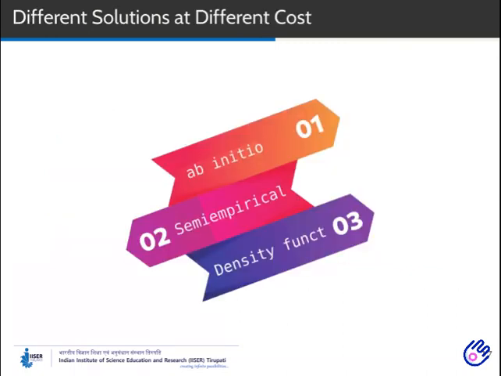The quantum models can be broadly classified into three categories: ab initio, semi-empirical and density functional. All these methods attempt to solve the Schrödinger equation at different computational costs. Ab initio is most accurate, but it is the most resource-hungry method. Semi-empirical methods are lighter, but at times results could also be too light. DFT oscillates between these two. Let's see each method very briefly in the following slides.